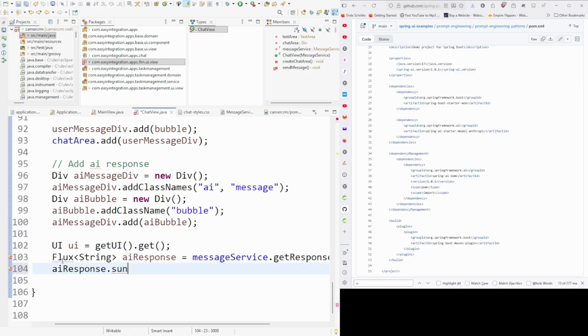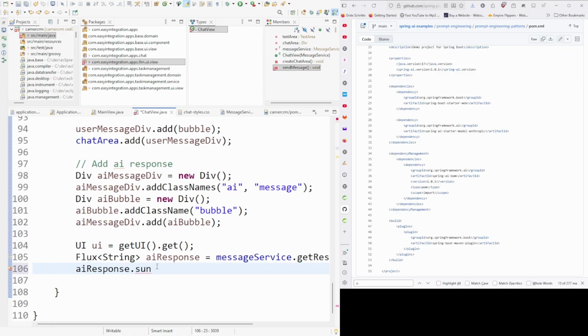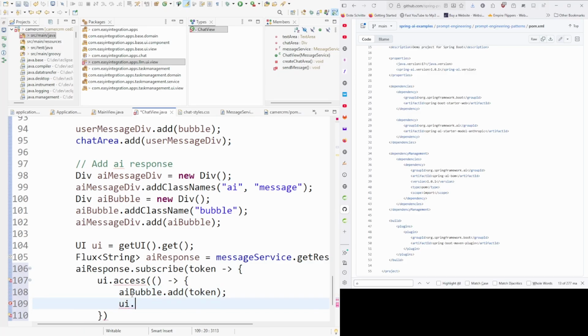Now that I have my AI response as a stream of tokens, my AI response is a Flux. So now we are using the reactive API. What I need is to subscribe to the stream of events or strings coming to me, and I'm executing the update on the UI by using this UI.access function, which is the Vaadin way of updating the UI